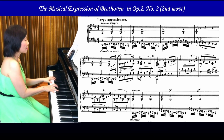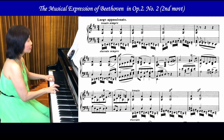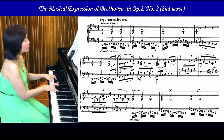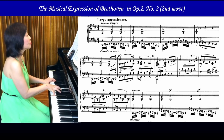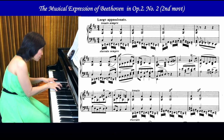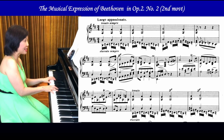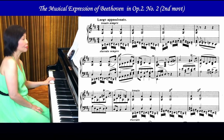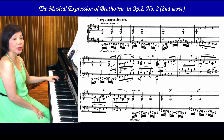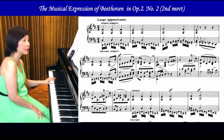So this goes like this. These are the first 8 bars, and you can notice that there's the bass line that goes, and so on. So this is what we do with staccato sempre. However, we don't have something like a very hard staccato, but rather